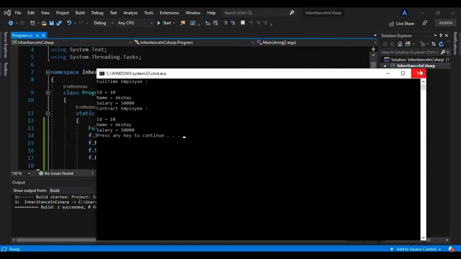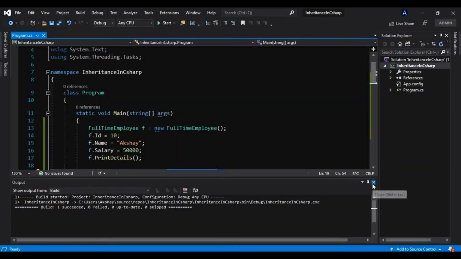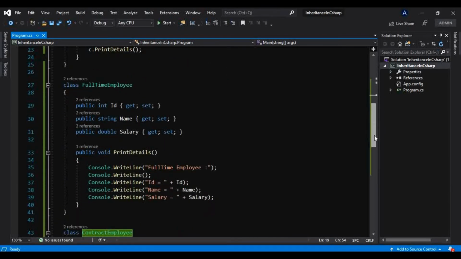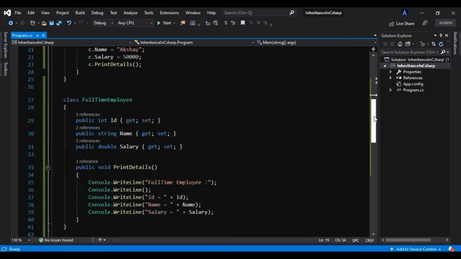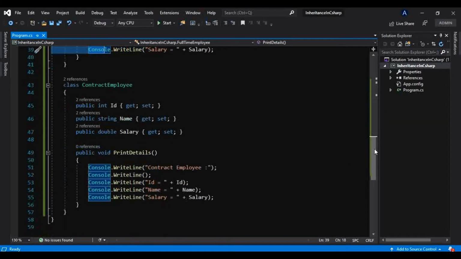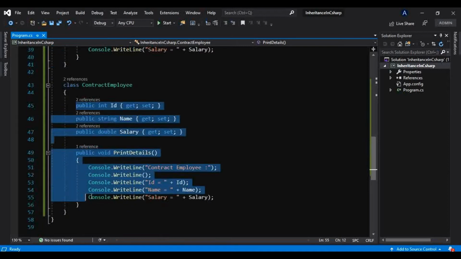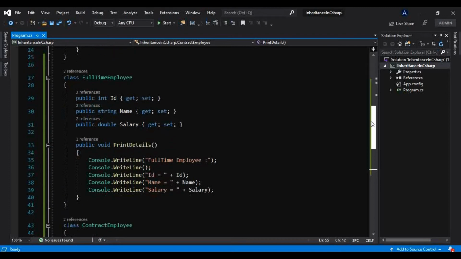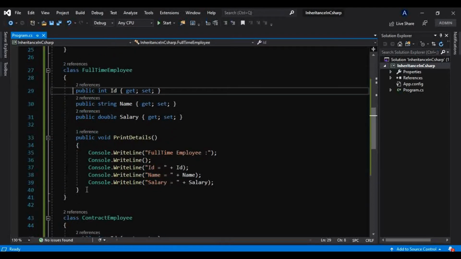Okay, but now, don't you think, guys, that all this code that is present in this full-time employee as well as in this contract employee is somewhat similar, or maybe very much similar? That is, there is a duplication of this code.